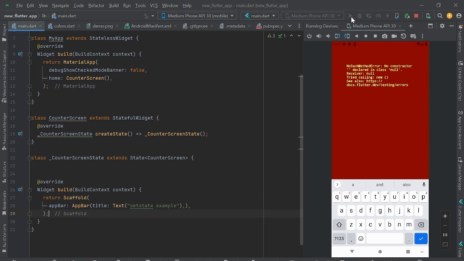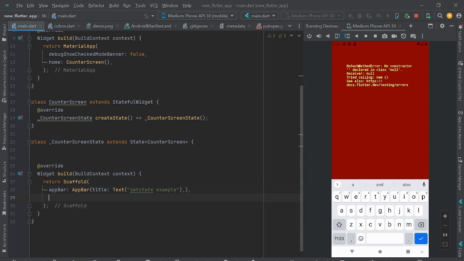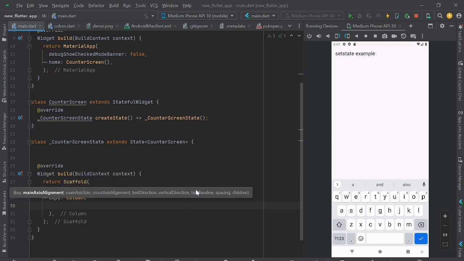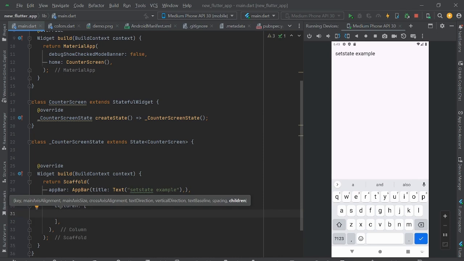I will start hot reload. It will take a few seconds. Now I will add my body. Inside the body I will add column, and inside the column I will add children, and inside the children I will add text data, and I will add counter,